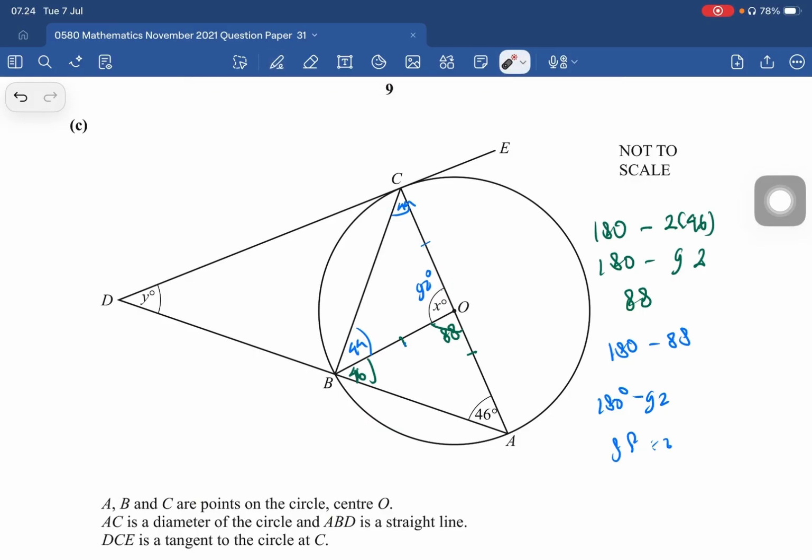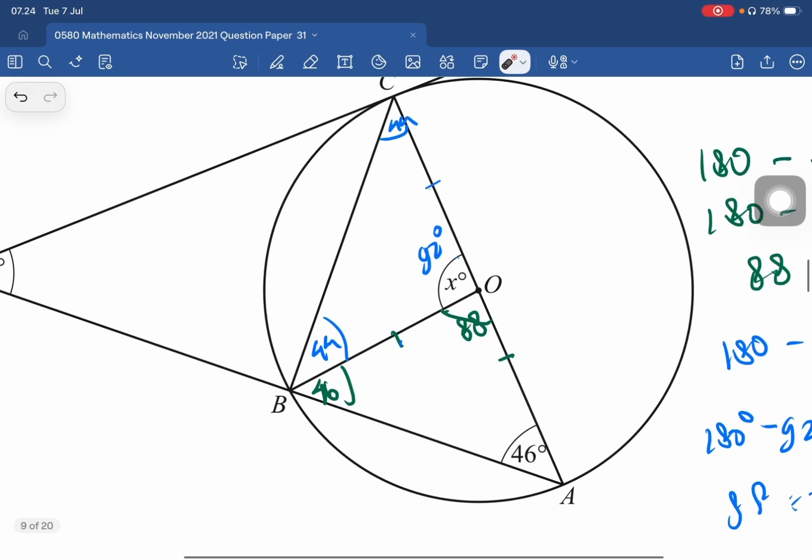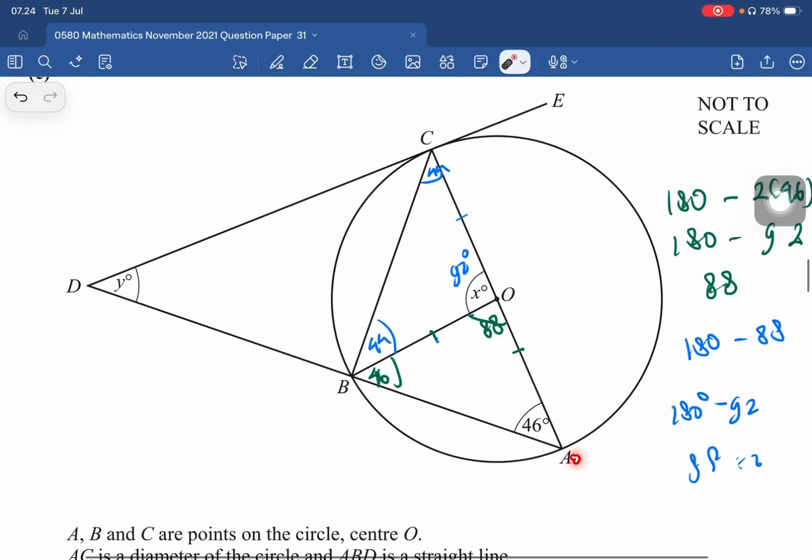Okay, the information that we need, we have A, C, and D. Okay, A, C, D. Let's check it. Here is the tangent. We have A, C, D, here is the semicircle. A, C, D here is going to be 90 degrees.